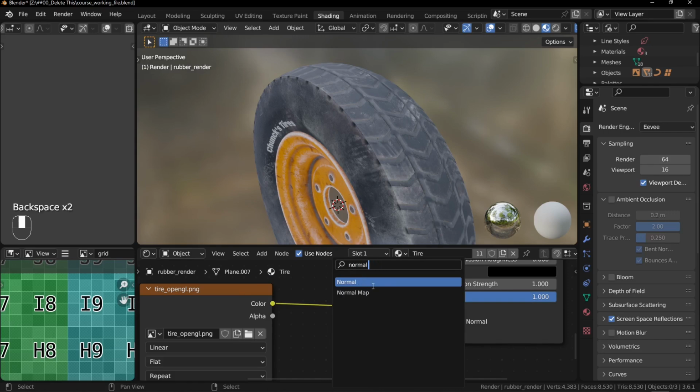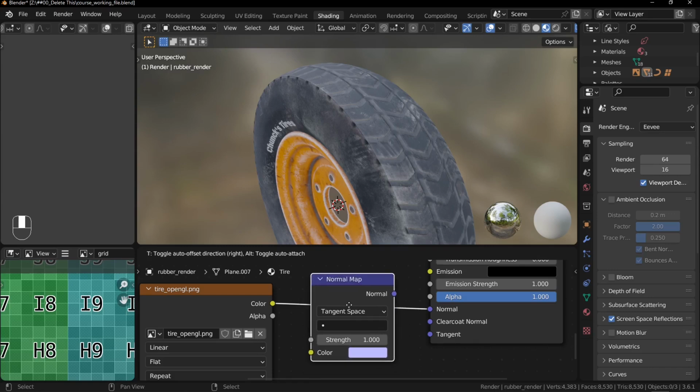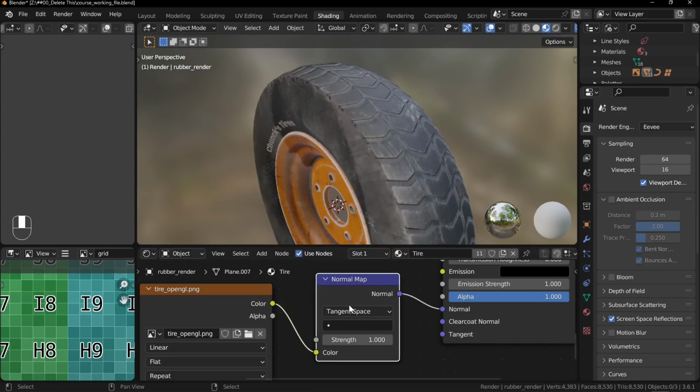Now, if I just backspace a little bit, you'll see that we have this normal node as well. That's going to do something similar, but it's not going to be exactly what we need. So make sure that we're selecting the normal map node. Now if we have this node in our scene, we'll be able to see that the left-hand side with our input socket is going to be color, and the right-hand side, or our output, is going to be that vector normal format. So if I drop that onto that connection, right, yellow to yellow, blue to blue,